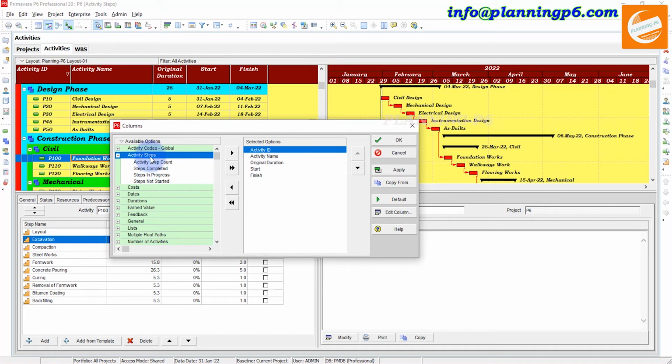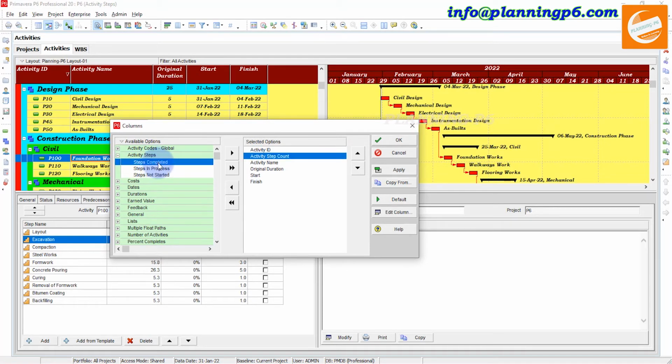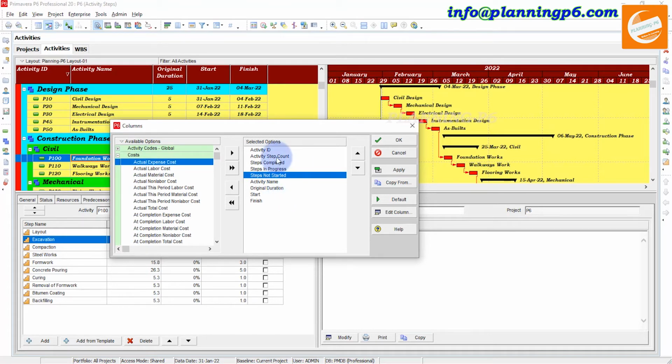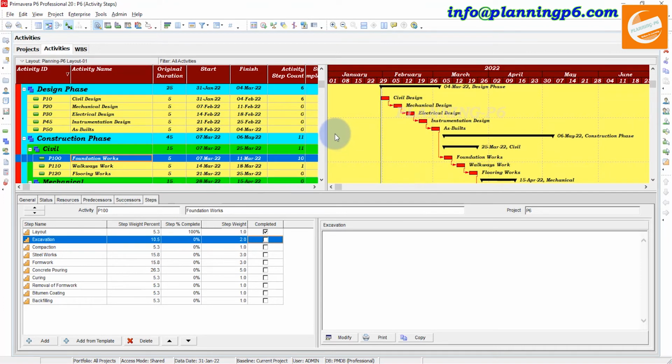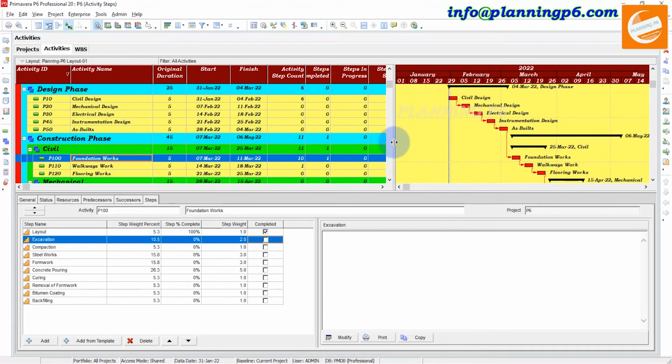Step count: here are completed, in progress, not started. Move to the end, in progress and not started. Apply and OK.